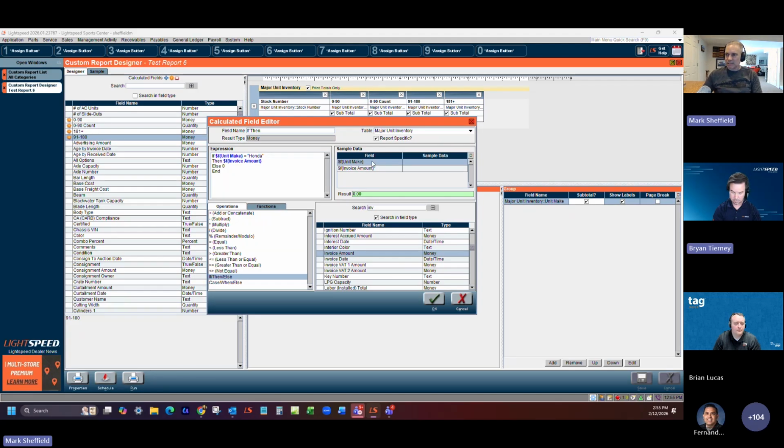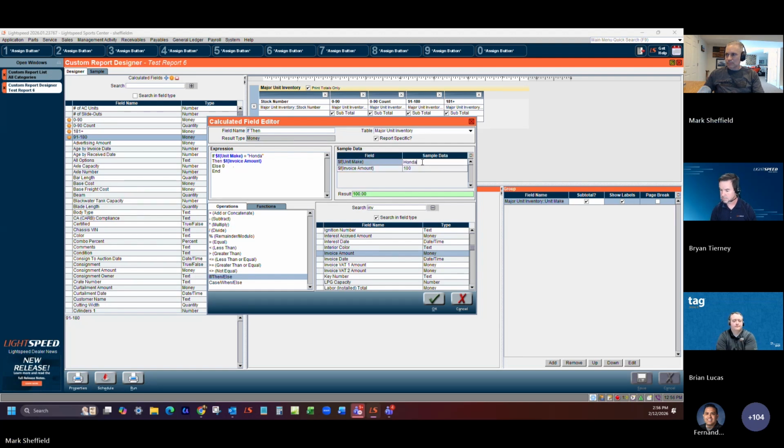So everything goes green, that I know that this is good. When you are searching, this information has to be exact. And so if we said that our unit make is Honda and our invoice amount is 100, then it's going to return that $100